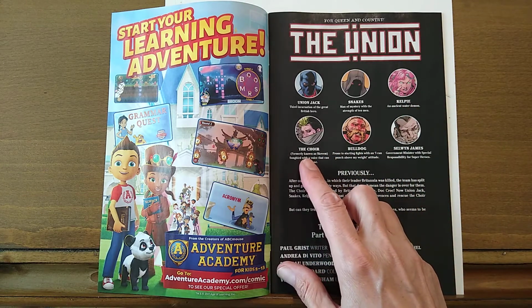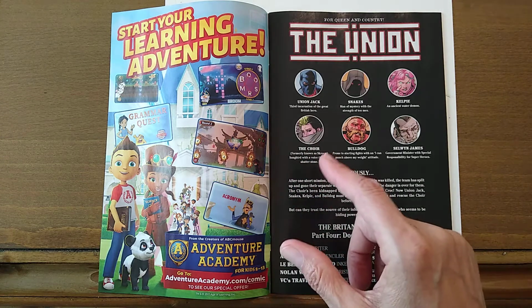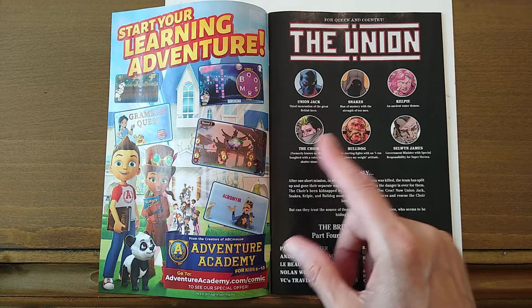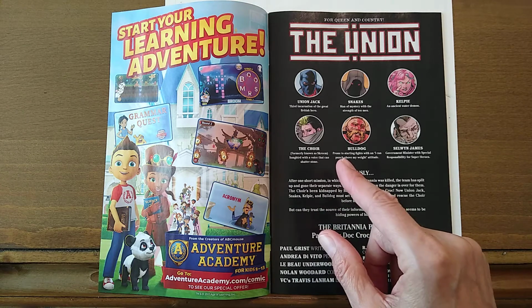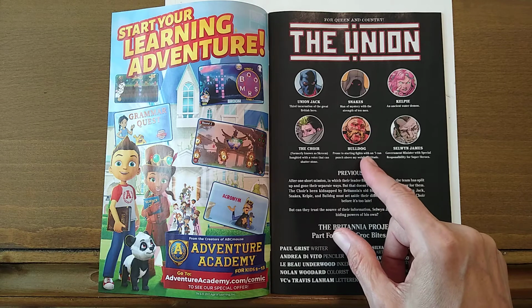The Choir, who is also known as Scream when she was a villain, and she was the one that's on the cover. She was kidnapped in the last issue, and so they are trying to save her currently. That's kind of the backstory on that. She's got the powerful voice. Bulldog, he'll just fight anybody. He's small but